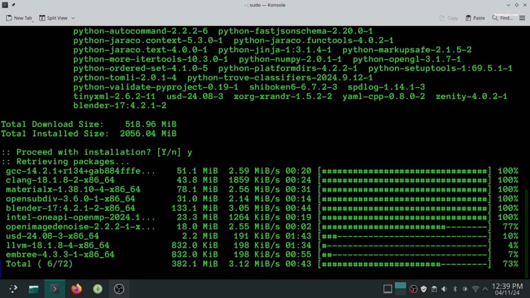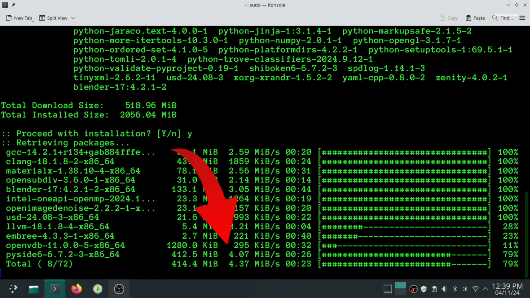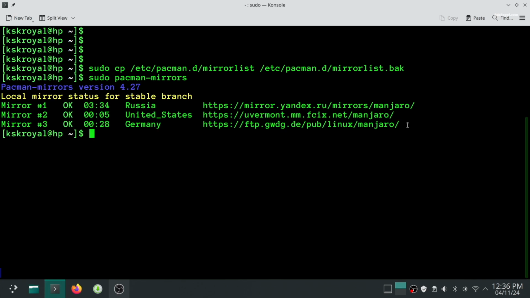If you notice slow download speeds when installing packages in Manjaro using Pacman, you can improve them by updating the mirror list to use the fastest servers. You can start by checking the current mirror list with this command and backing up the default list.